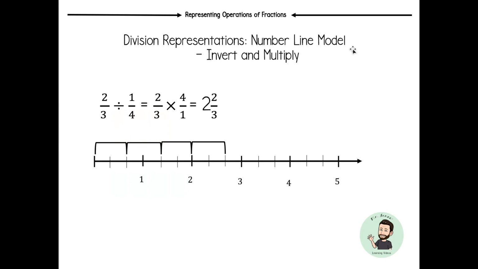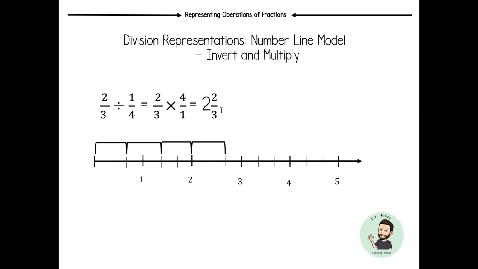Okay, so now number line model. This one's interesting because it actually reflects the invert and multiply, or taking the reciprocal. So we have a different expression, 2/3 divided by 1/4. And we know that when we invert and multiply, or we take the reciprocal and multiply, you flip the second fraction, so it becomes 4/1, and then we multiply. So in this case, I've already reduced it here, but you would end up with 8/3, which can then become